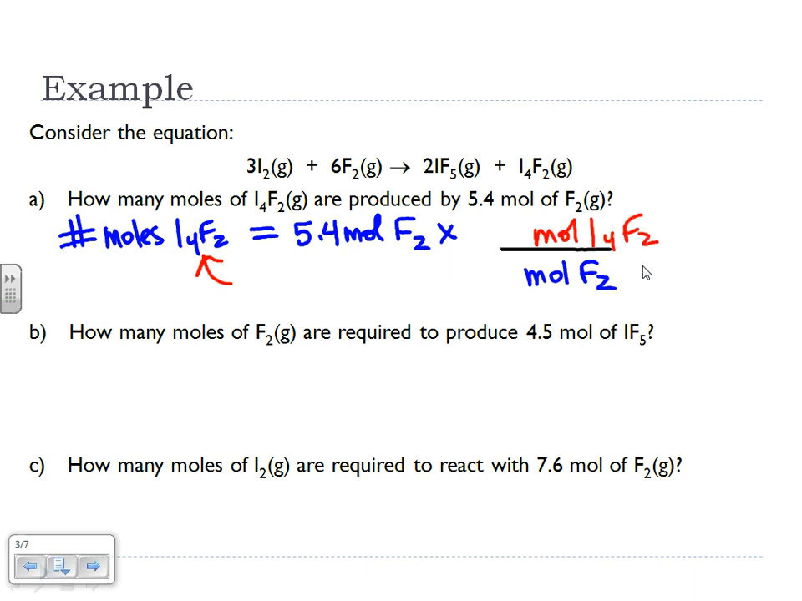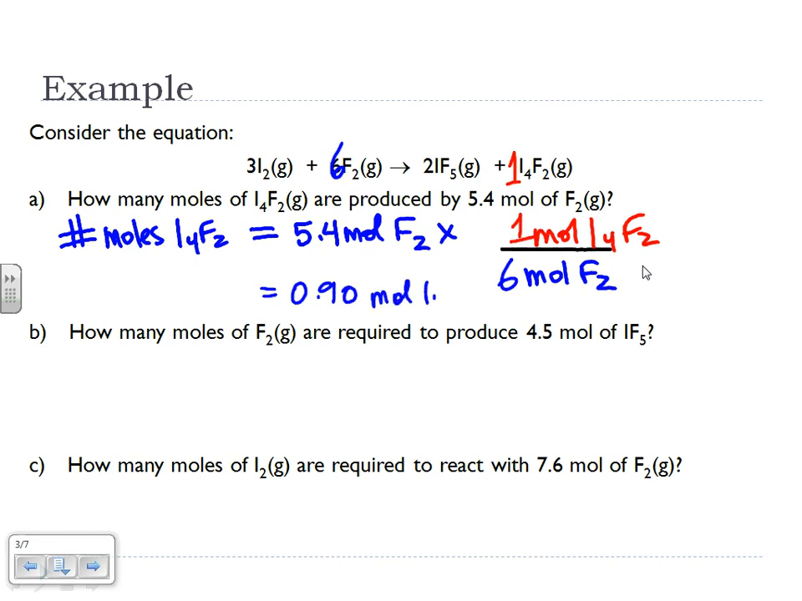Now I put in my mole ratio for those two entities, okay? In this case, I have to grab them from my balanced chemical equation. The number in front of I4F2 is up here, it's a 1, so I'm going to put that 1 down here. The number in front of F2 in my balanced chemical equation is 6, so I'm going to put the 6 down here. So I'm basically going to take my 5.4 and divide it by 6, and when I do that, I get 0.9 on my calculator, but again, make sure you have the right sig figs, so 0.90